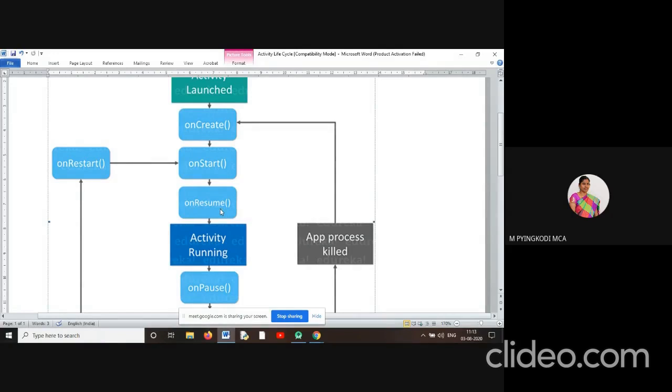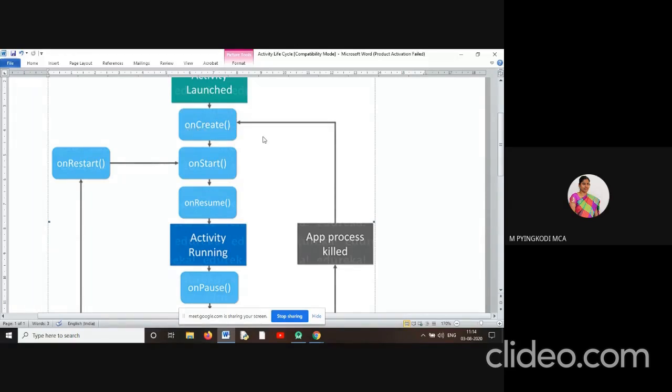So while the user is using the Android app, meanwhile a call comes. Assume you are using WhatsApp. When clicking the WhatsApp icon, it enters the onCreate method. After onCreate executes, the WhatsApp window opens in onStart.